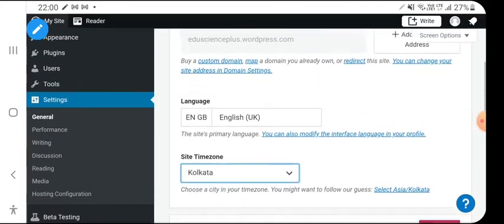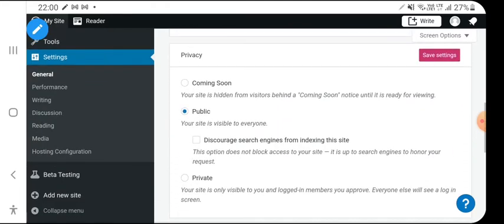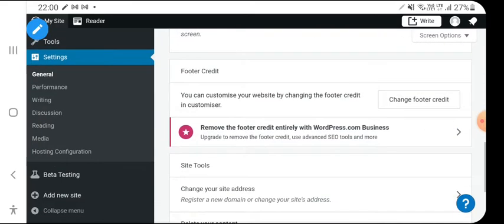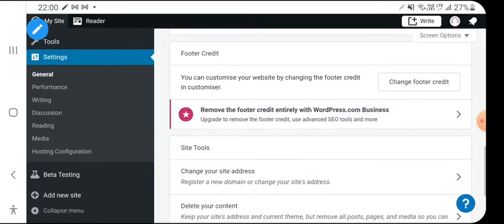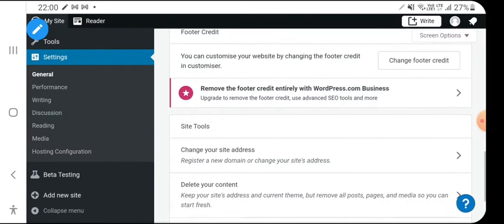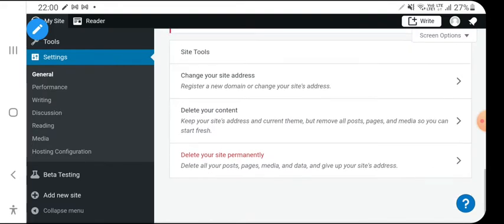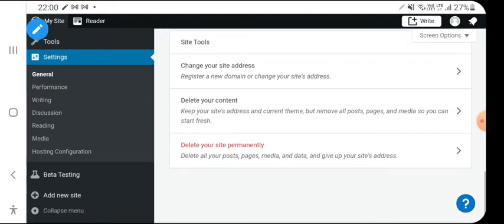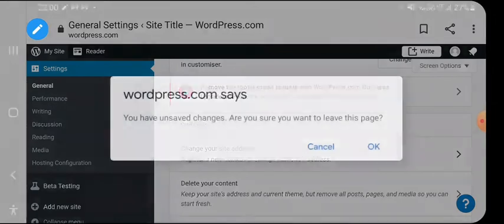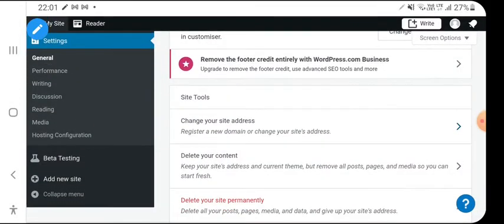Okay, so eduscienceplus.com is public. There is the footer credit, where you can customize your website by changing the footer credit. Under site tools, you can change your site address, register a new domain or site, delete the content, or delete your website.